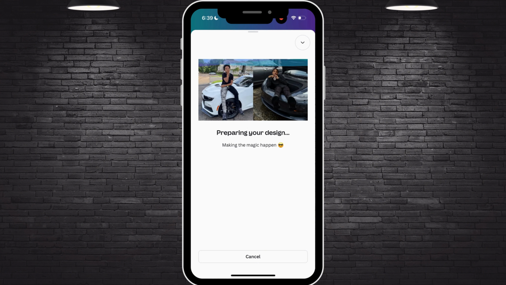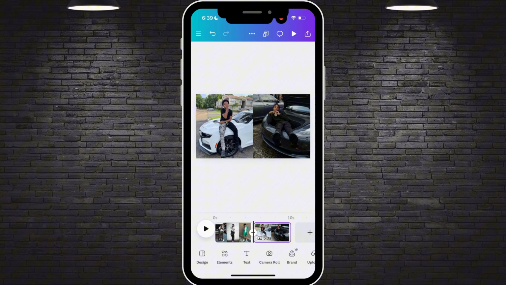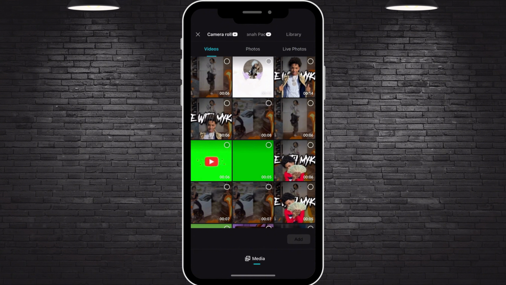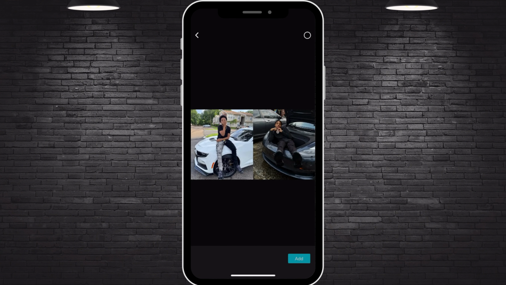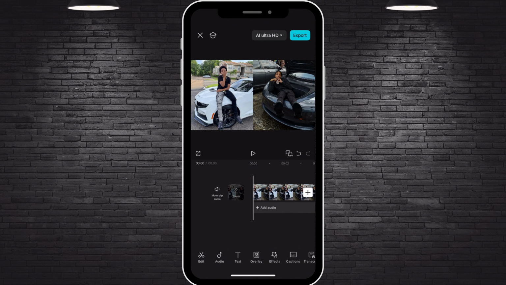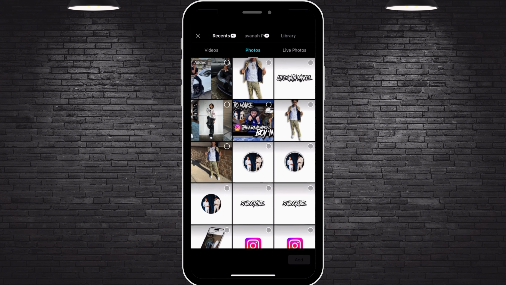Once you have it saved to your camera roll, we're going to go back into CapCut, and you're going to click new project, and you're going to click on photos, and you're going to add that image that we just made in Canva, and we're going to do the same steps again. We're going to drag it out to about 5-6 seconds long,